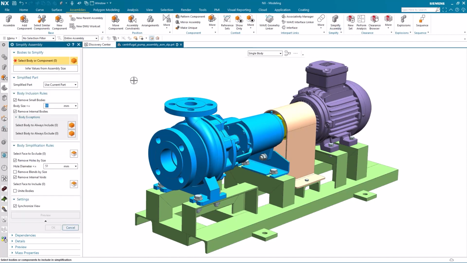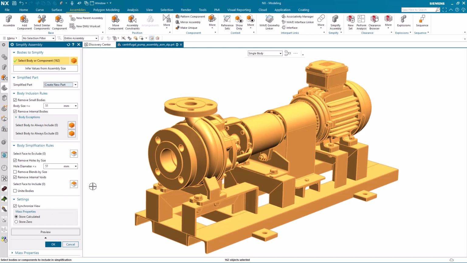This time I'm going to use a new part. And as soon as I do that, I now have the capability to take either the stored mass properties across to the simplified geometry, or to specify a zero value. So these are two brand new options that are available to the user in this latest release of NX. So I'm going to create my simplified part and take across the stored mass properties.